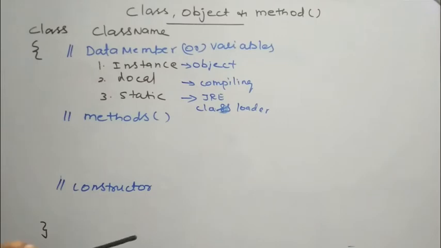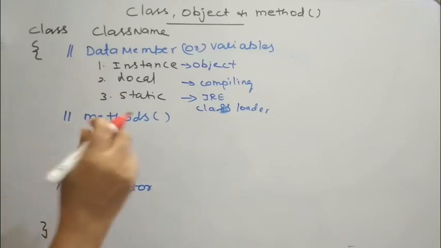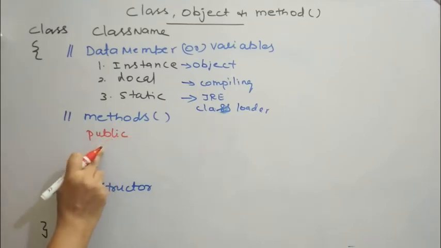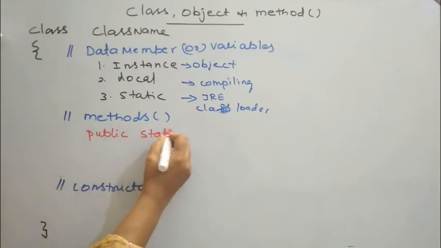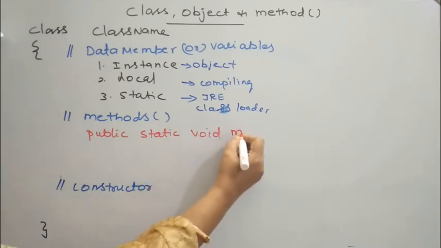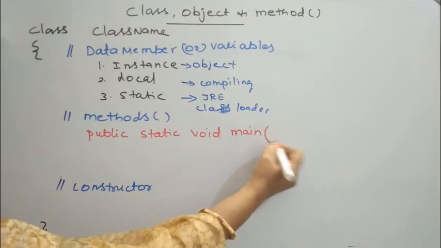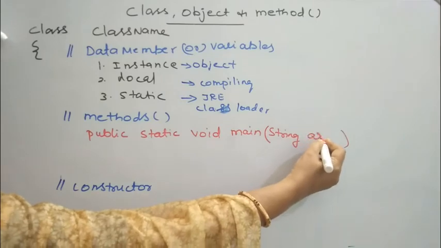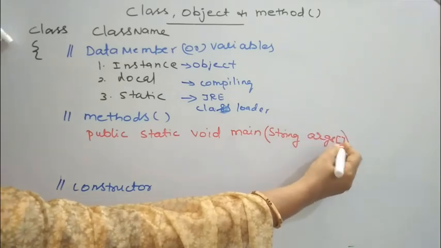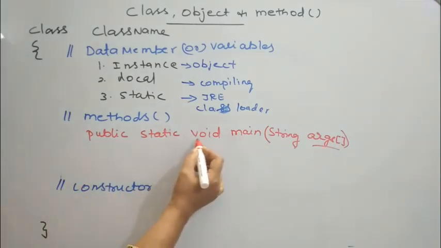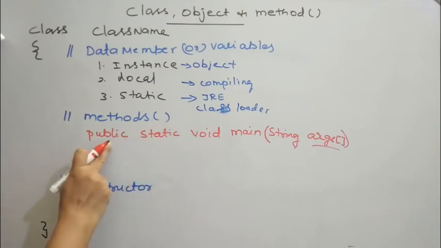We may have a default method inside our class definition. The method is the main method. The signature of this main method: the access specifier is public. This method is a static method. It returns nothing, and when it returns nothing, the return type is void. The name of the function is main, and the parameters are an array of string. An array of string argument is passed as a parameter to this main method. It returns nothing, it is a static method, and the access specifier is public.